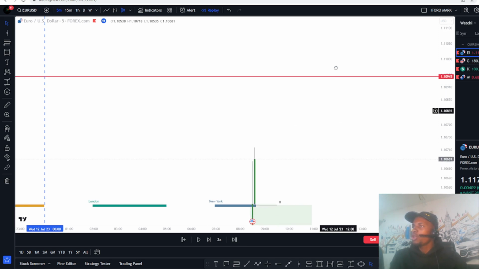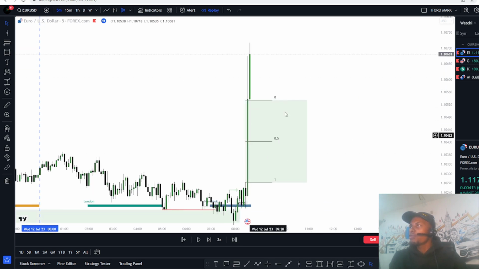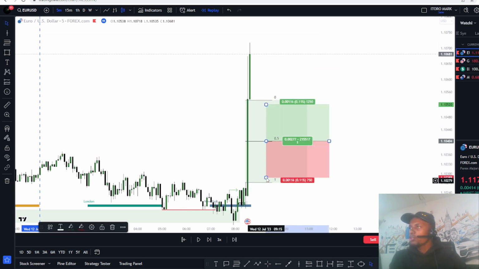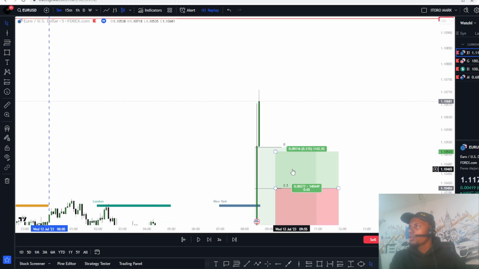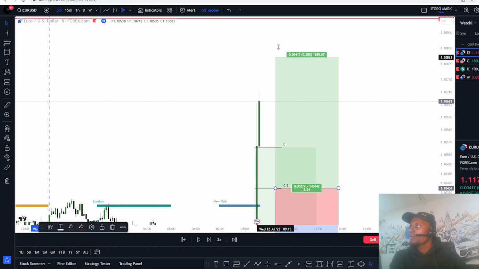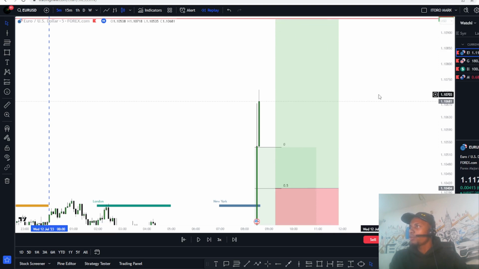So where do we enter? You always want to enter inside of the fair value gap printed after the news. If you want to go long, you place your entry here, and then your stop loss is going to be below the second candle, right? And then your take profit is obviously going to be here. So that's your take profit on this trade. So now if you just play price through,